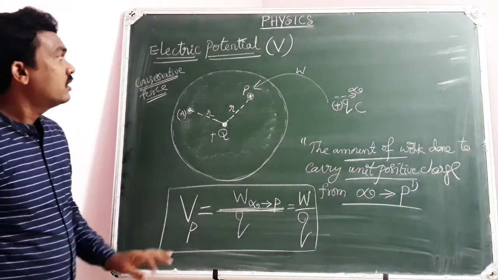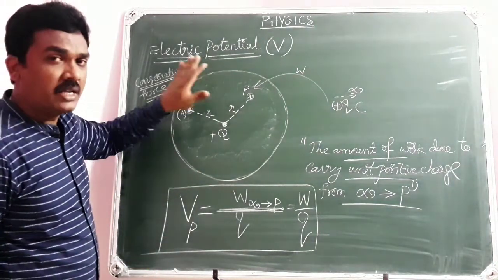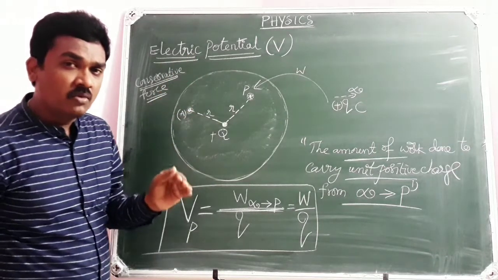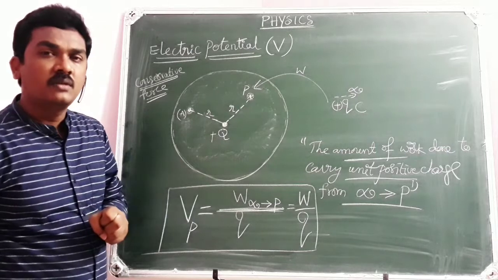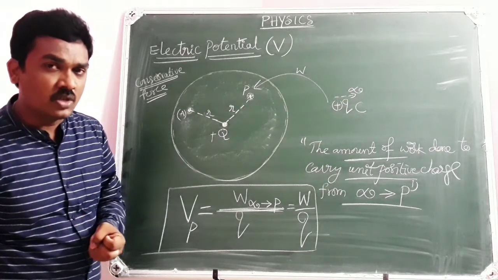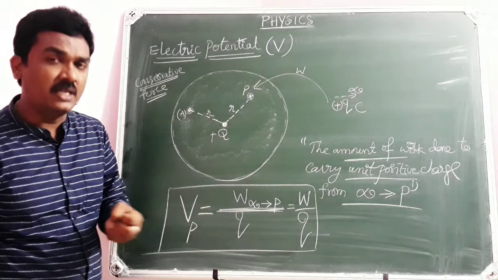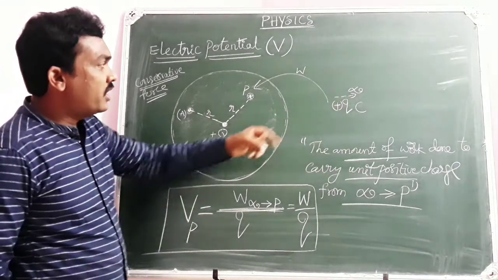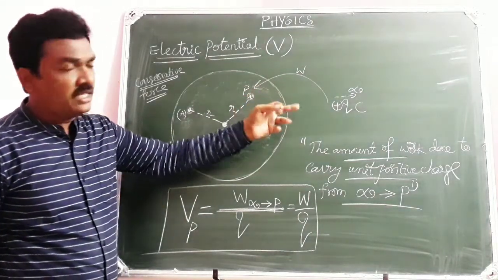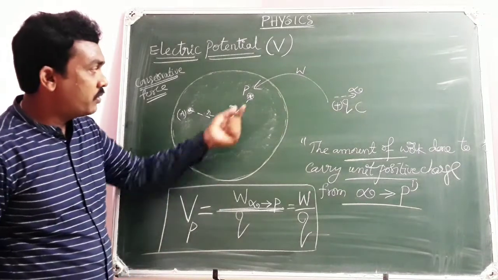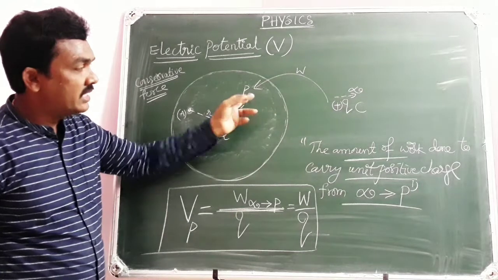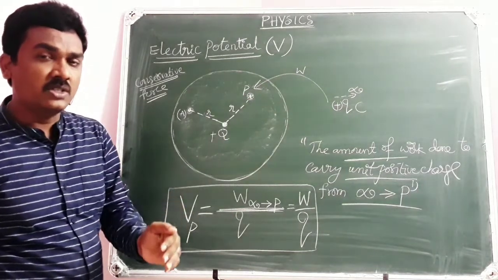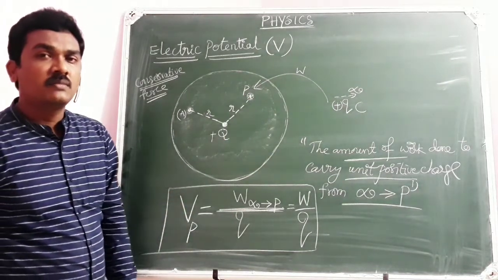So finally I am concluding, the electric potential at a point will give the strength of the electric field at that point. You may ask me, sir, how does it give the strength of the electric field? Yes, I am telling you. If greater work is done to carry the test charge, then there is greater potential at this point. If lesser work is done to carry the test charge, then there is less electric potential at that point.